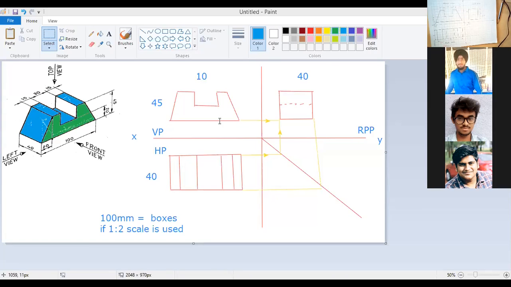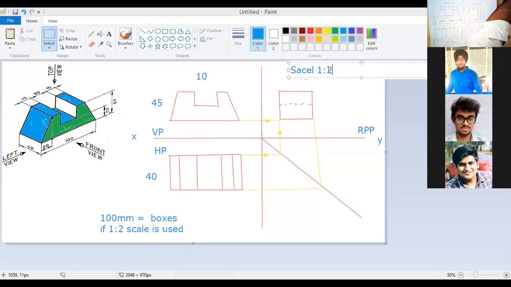Same, if this 100 mm and 140, all the three views are not accommodating in one particular sheet of paper, then you are supposed to use a 1:2 scale. That means the same 100 mm you are dimensioning, but drawing it for only 50 mm. 40 mm will be 20, and this 40 will be for only 2 boxes, that is 20 mm, but you are dimensioning it as 40 and mentioning it here at the top, scale 1:2.